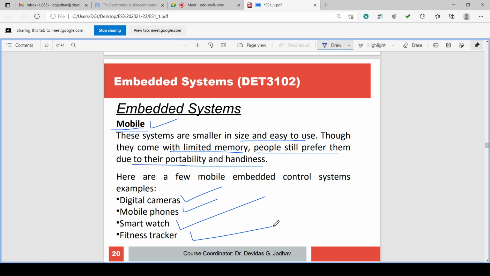Lens unit may be a movable lens unit in which the motors are there, which move the lenses and adjust the aperture as well as the lens focal points. Apertures are for the amount of the light, and lens focal point is for focusing the lens rays coming on the sensor of this digital camera. And other things, like whether you want to have the date on the photograph, whether you want to have the location on the photograph.